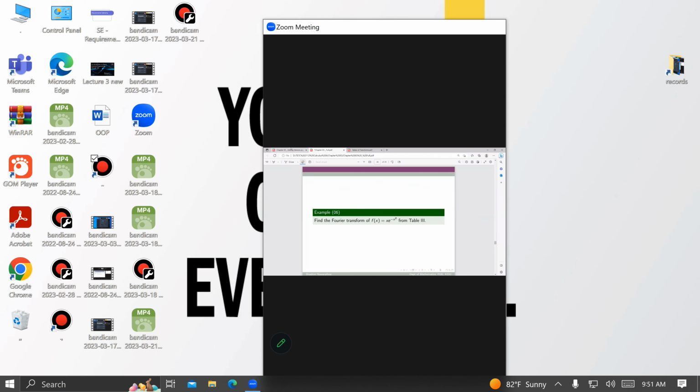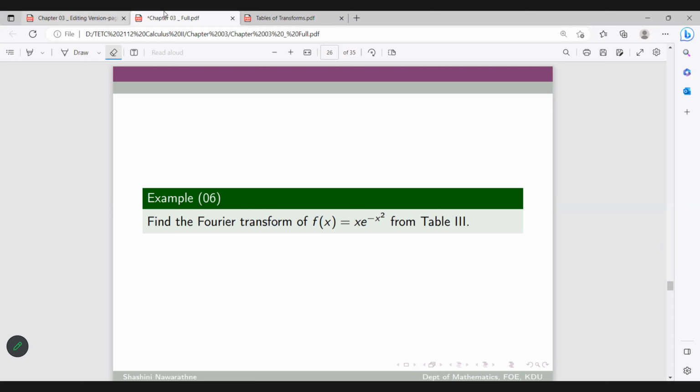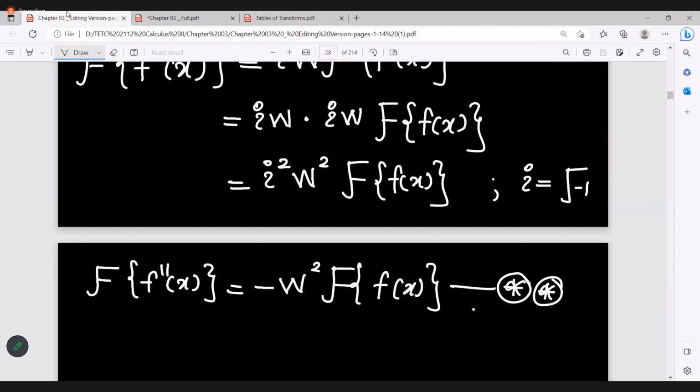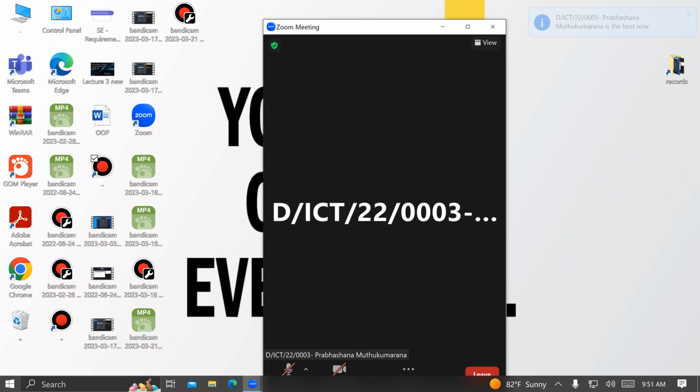Okay, let's see this example. We have obtained the expression for the Fourier transform of the derivative and the second derivative. Now we are going to do example number 6. We are going to find the Fourier transform of the function f of x equals x e to the power minus x squared by using